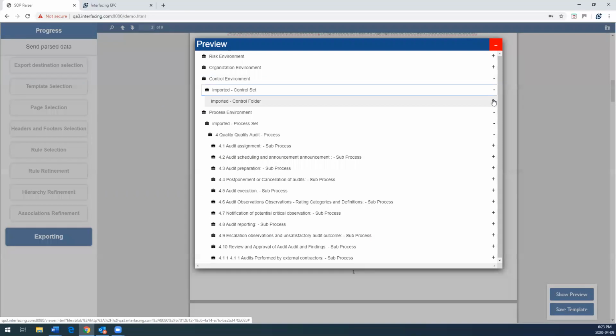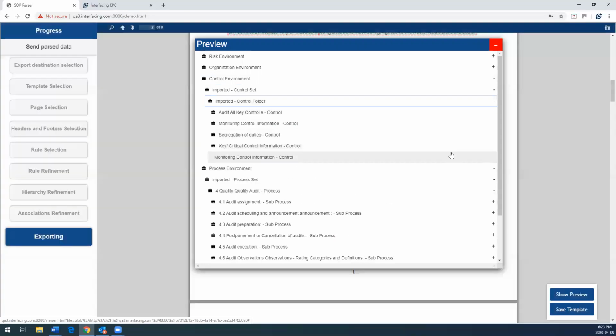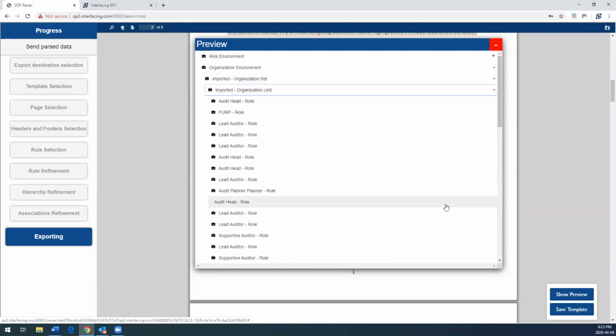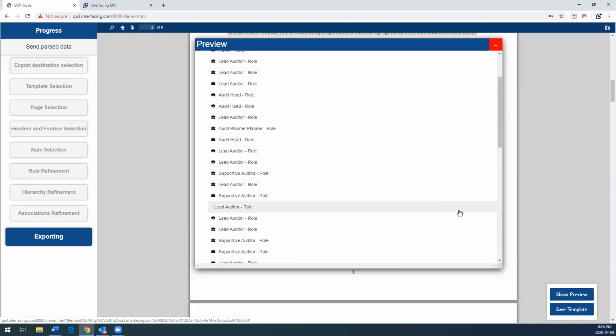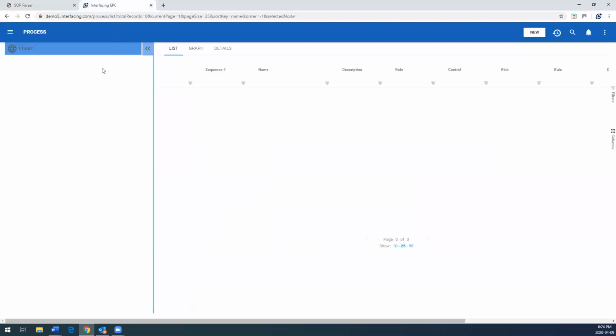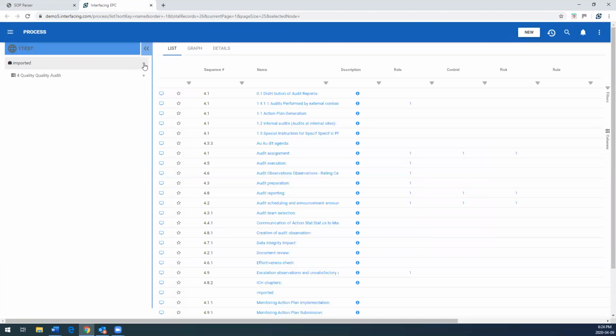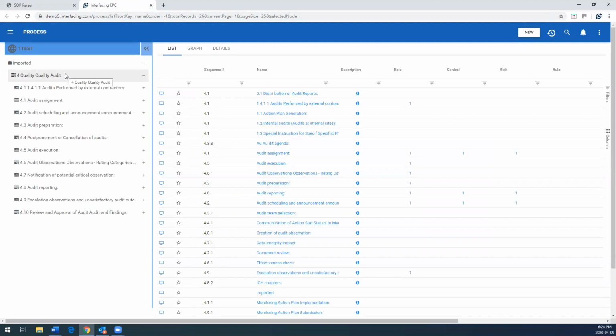So in this case, you see the roles and the controls that are going to be imported. In this case, the controls, and in this case, the roles. So once we're actually done, it's actually ran in the background, I'll go ahead and go to my server that I imported this content and refresh the page. Quickly, you'll see that it brought in this new imported folder, including that quality audit top process that we tagged